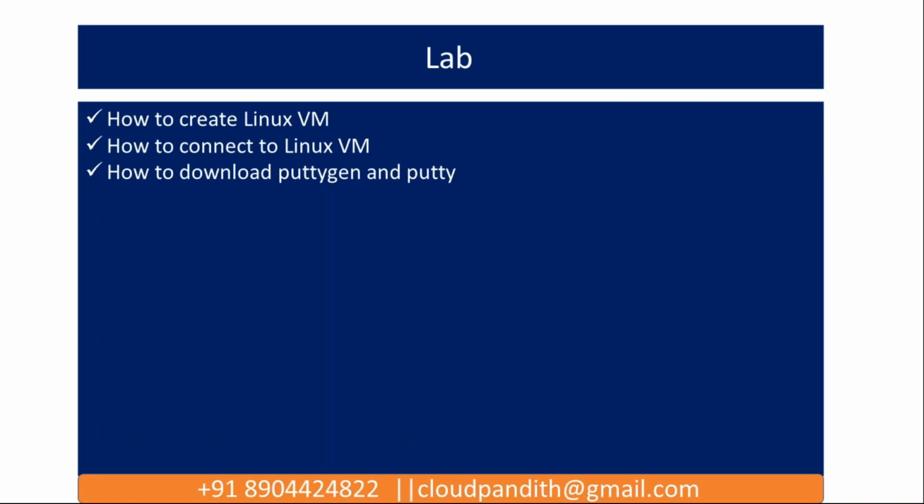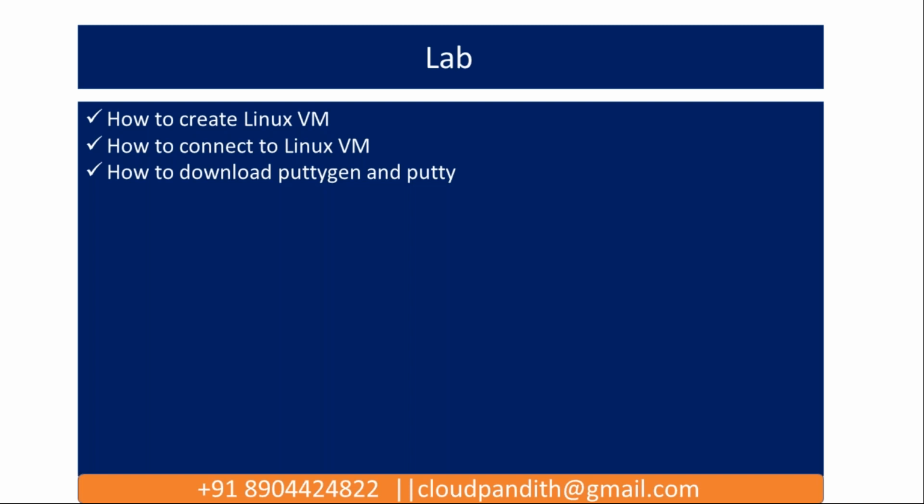Yesterday also we saw that once you have a key, the key is nothing but a kind of password which you need to use whenever you are connecting to the server. Whenever you are connecting to Linux machines, whatever key you have downloaded will be in PEM format. If you have it in PEM format, you cannot connect from a Windows machine. So we need to convert that PEM into PPK format. To convert the PEM key into PPK format, we need something called PuTTYgen. PuTTYgen is the tool which helps you convert your PEM key into a PPK key.